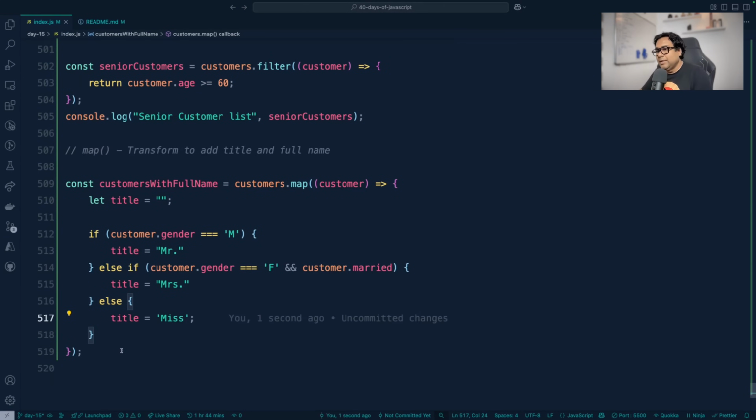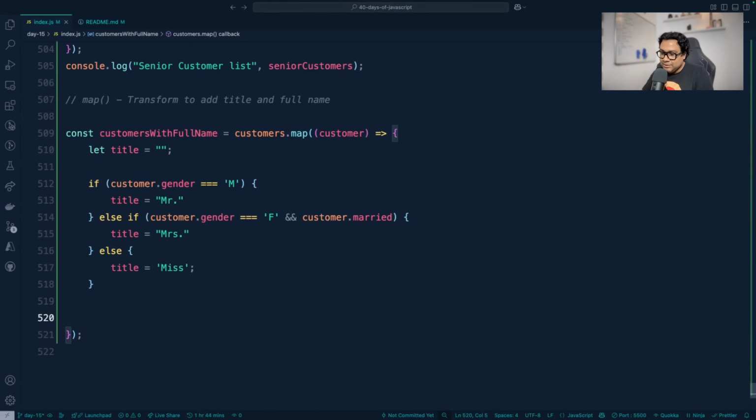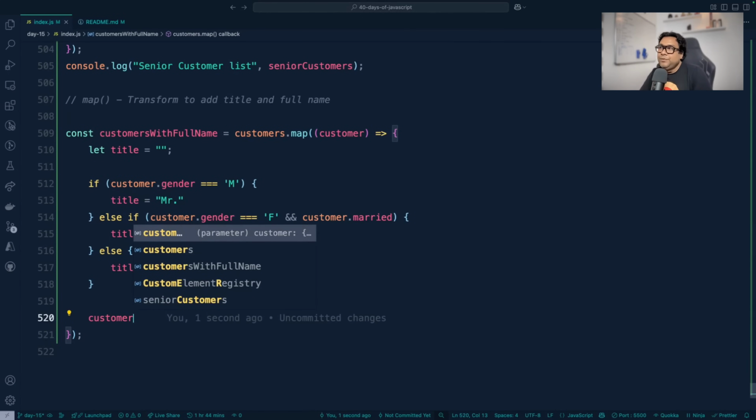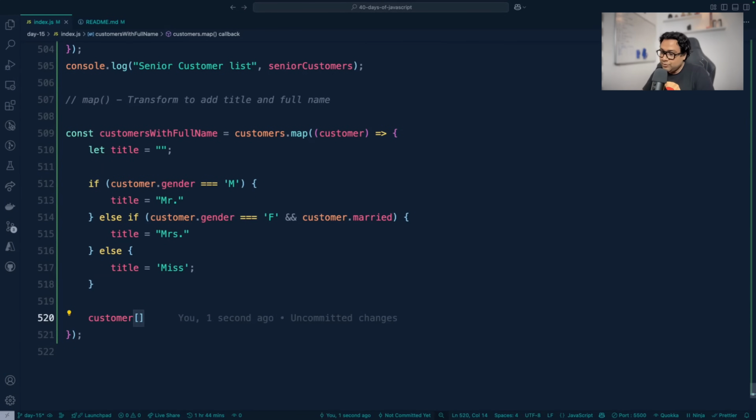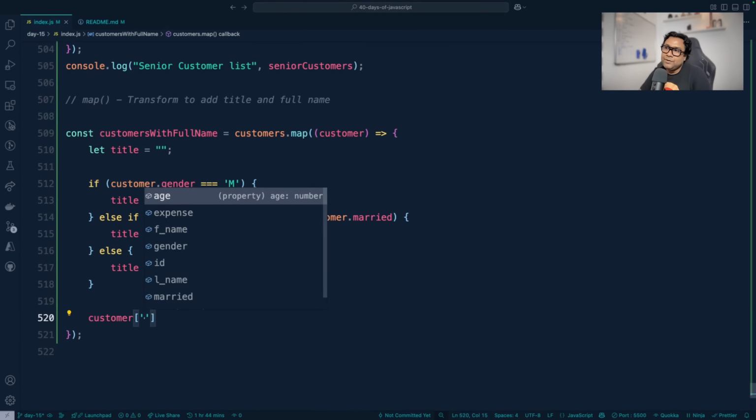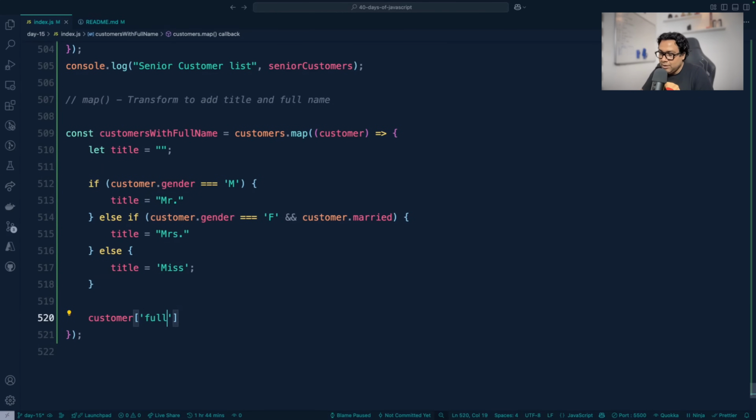So I have the title now. Now I have this customer with me. If you have an object and you want to add a new property to the object, you can always use the square bracket or the dot notation to add it. Square bracket is much safer because if your property has a special character, then square bracket works great. So I'll add something called full_name,